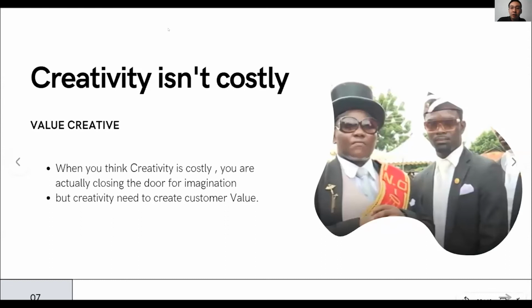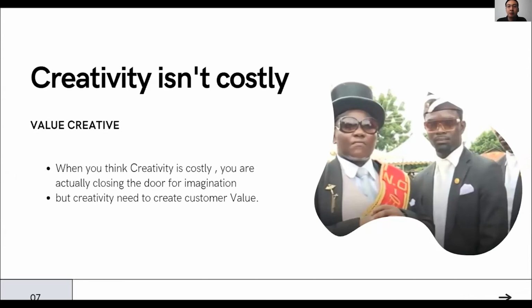Testing the right mindset or skill will help reduce the risk. Yes, actually, the right mindset helps you reduce it. When you know that every aspect is an investment, then you will take care of your risk. But some of them don't. Some of them just think that marketing is just spend money and make money. No, it doesn't work like that. So, creativity isn't costly. You must put it in mind. Another thing is that